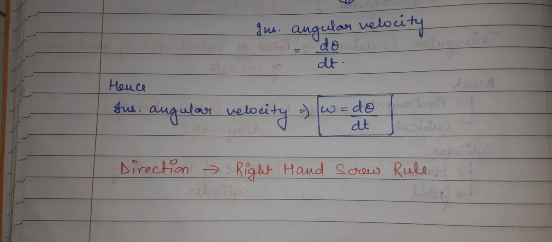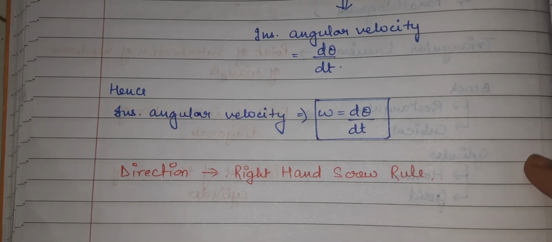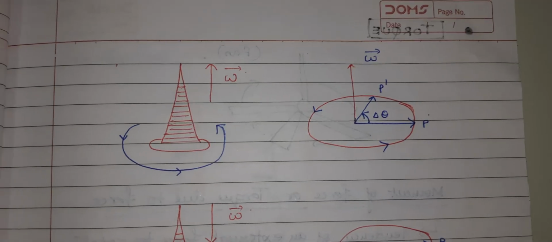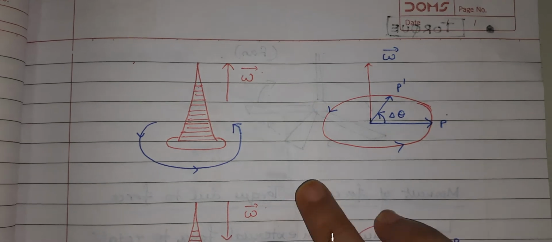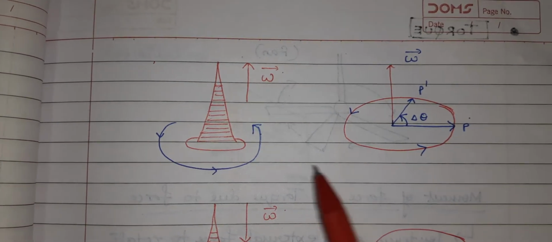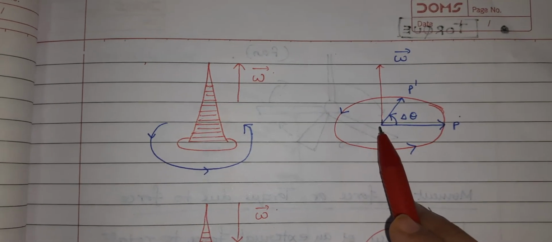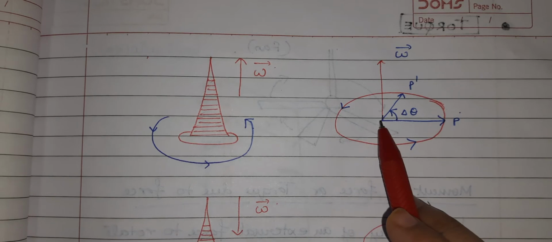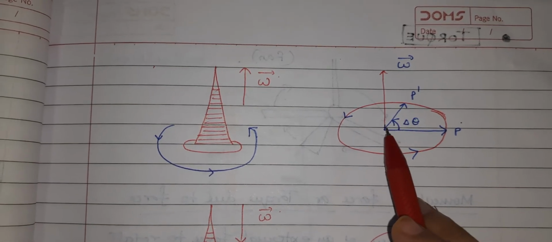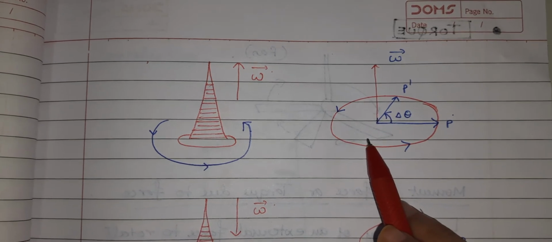If you have not read about this rule, in this video we will explain the right hand screw rule. This is the diagram I have drawn to explain what the right hand screw rule is. Always remember, if you keep a screw at the origin, and I am talking about the direction of omega, how to get the omega direction, keep a screw at the origin. And this is the diagram which we drew for the earlier method.